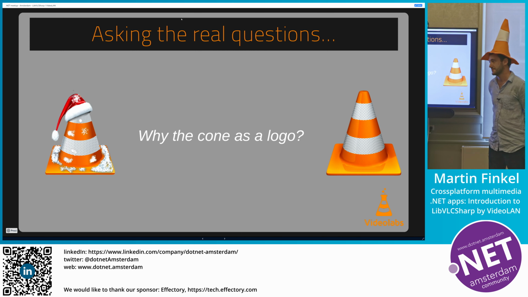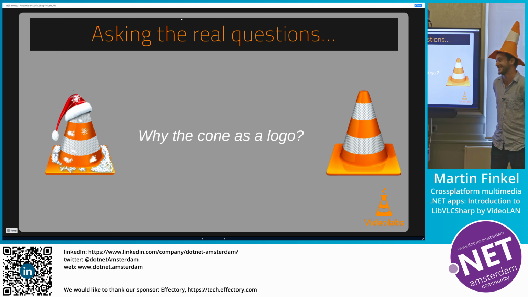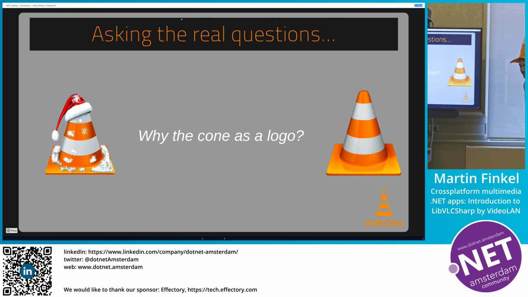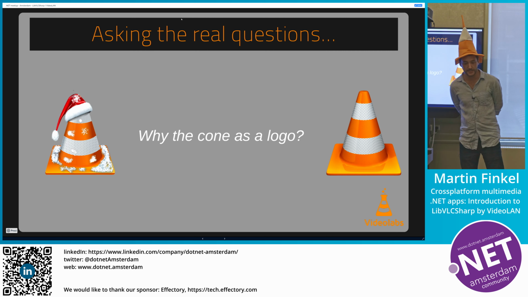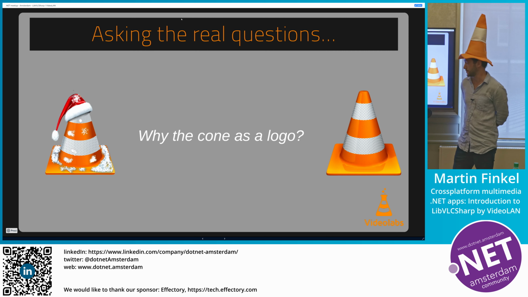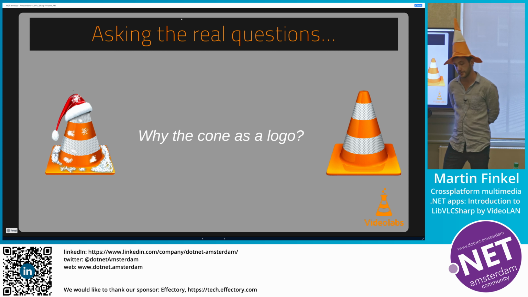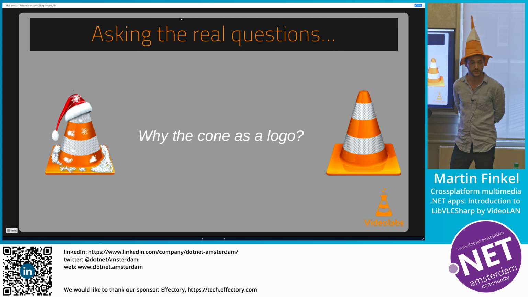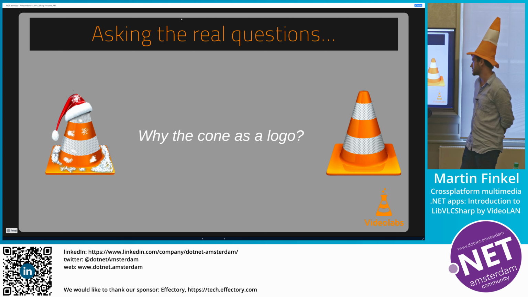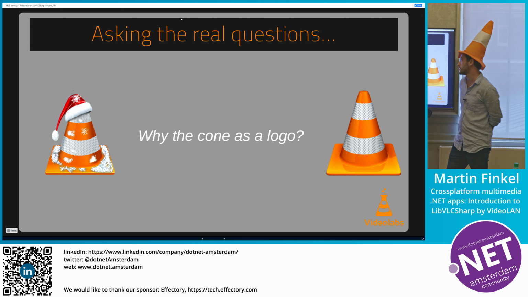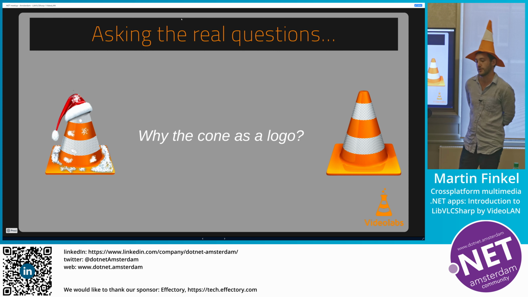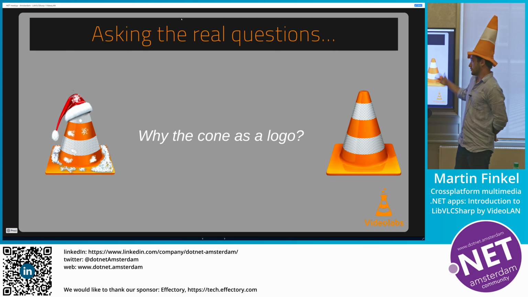A student stole a cone and put it on his hat? Yes, exactly, that happened. Good guess. During a Saturday night, I guess, they had a few drinks, and one of them just stole a cone and brought it back to the university dorms, and that became a habit to the point that they just had hundreds of traffic cones, and they started creating sports with it and playing with it. And when it came time to choose a logo, that was the obvious choice.